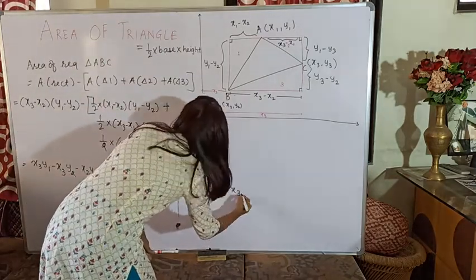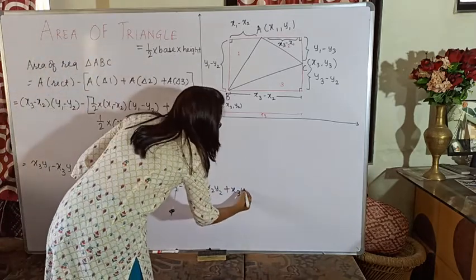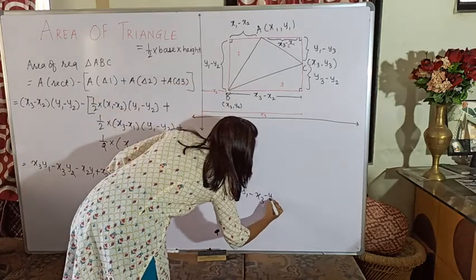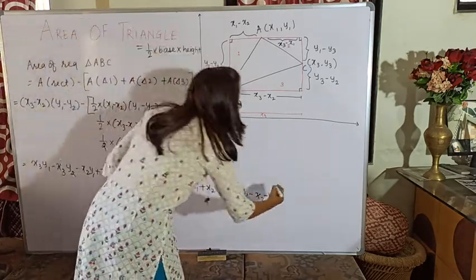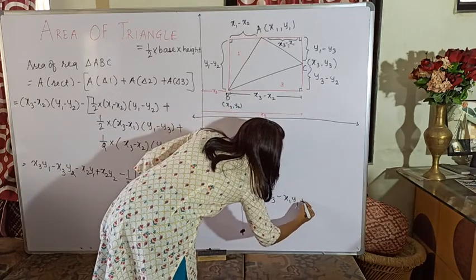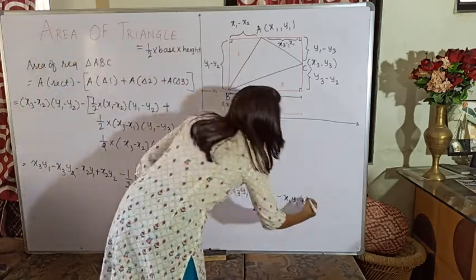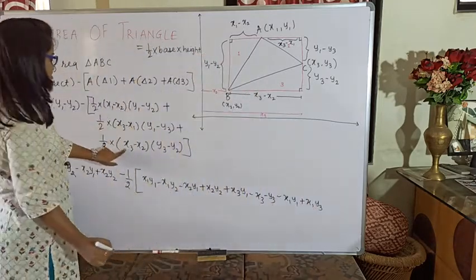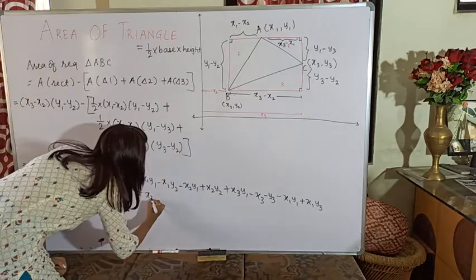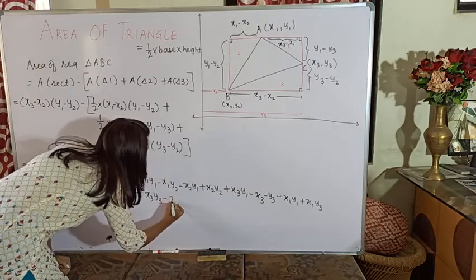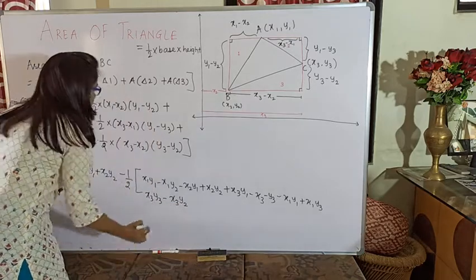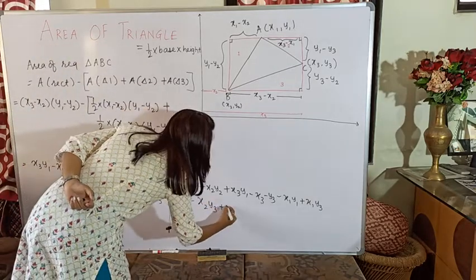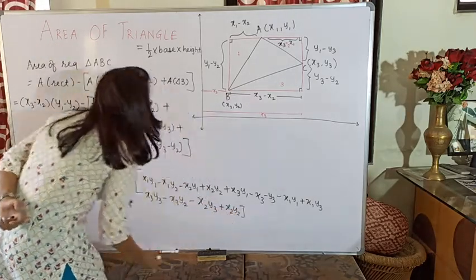Next one is x3 into y1 minus x3 y3 minus x1 y1 plus x1 y3. Further, the last multiplication is remaining. x3 into y3 is x3 y3 minus x3 y2 minus x2 y3 and minus into minus is plus x2 y2. Okay, so now see if you